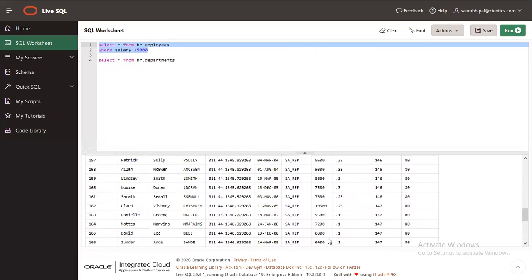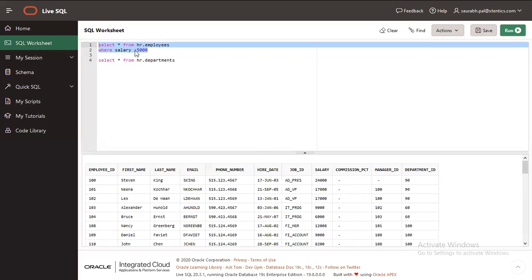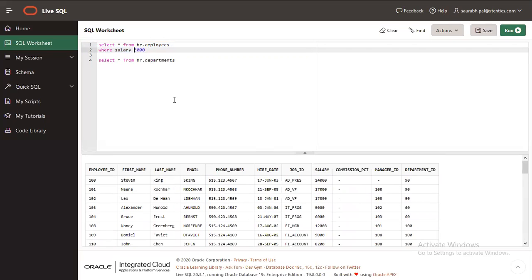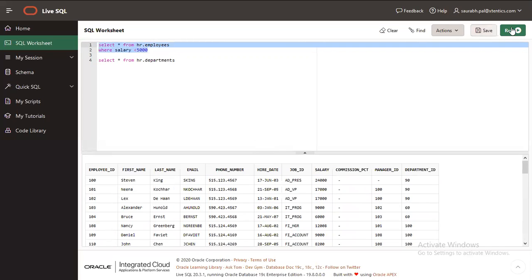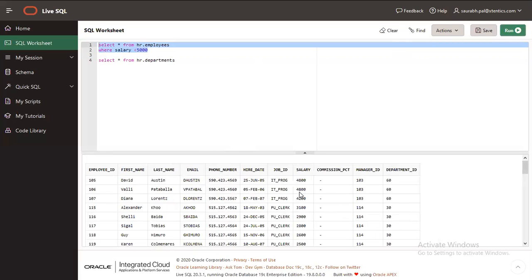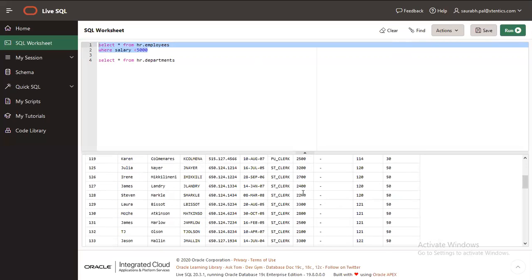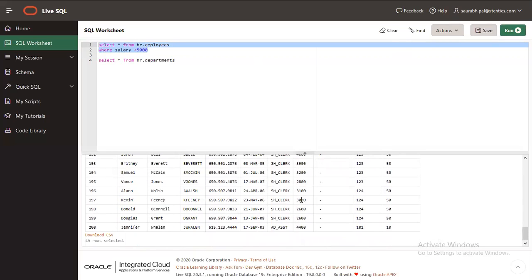It's all above 5,000. I can turn the query around and say, fetch me people whose salary is less than 5,000. So see, all people with salary less than 5,000.